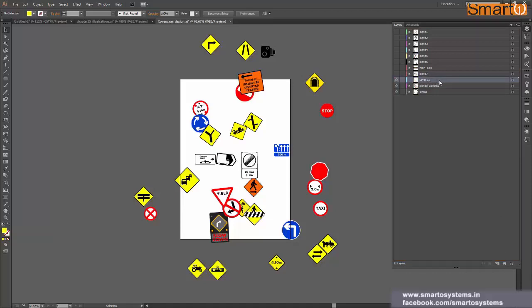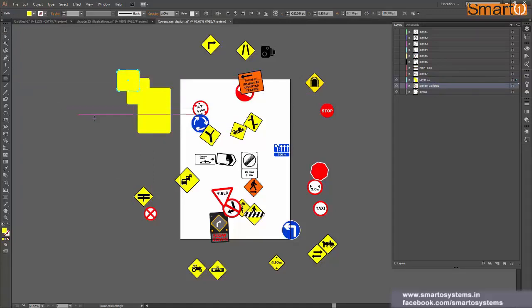Now if you want to draw something in this layer, you have to select this layer first and then draw your shapes, and you have all your shapes inside this layer. Again, if you select any other layer and you are drawing shapes, then those shapes will be inside another layer. So make sure that you have your layer selected before drawing, so that you know in which layer you are actually working. So I'm just going to delete those shapes and I'm clicking on this layer 11, and I'll just click on the circle to make sure that I have these three shapes only inside my layer.